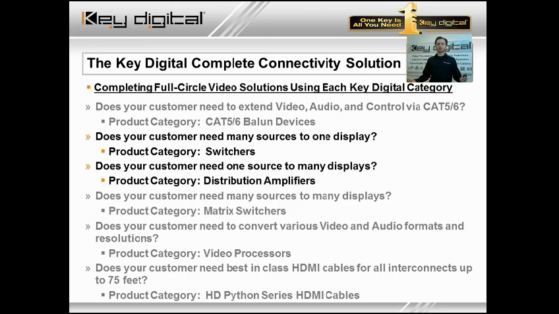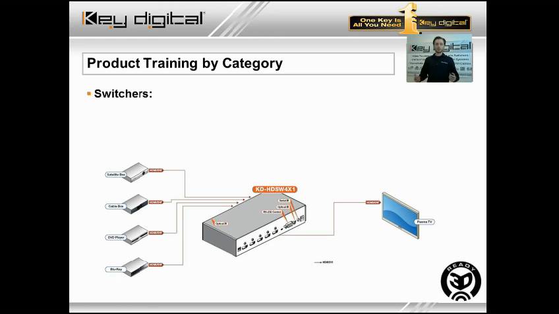So what we're going to emphasize here, as I said, is what we have highlighted. The applications where you need to enhance having just point A and point B. You may have many different video sources at that point A with one display at point B, or you may have one source at point A and you might not just have point B. You might have B, C, D, and E all wanting to view that video source. How do you do that? With Key Digital switchers and distribution amplifiers. Starting with switchers,